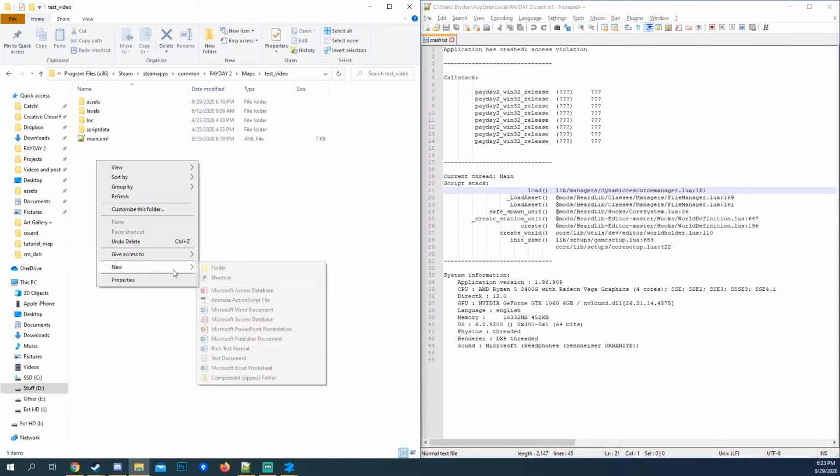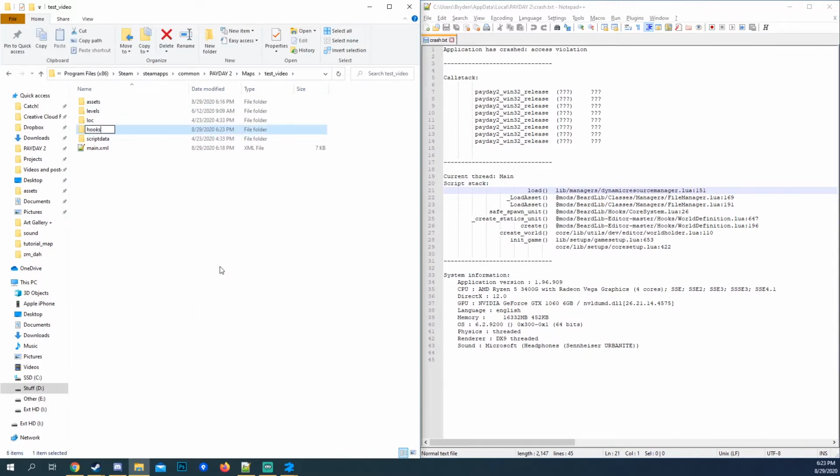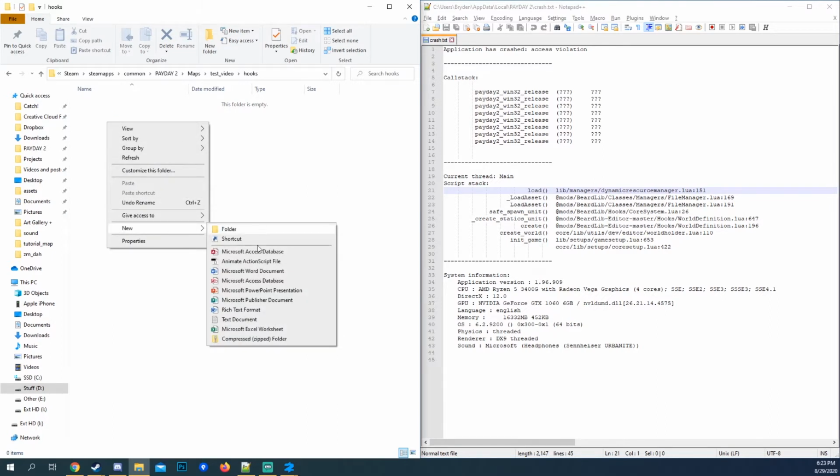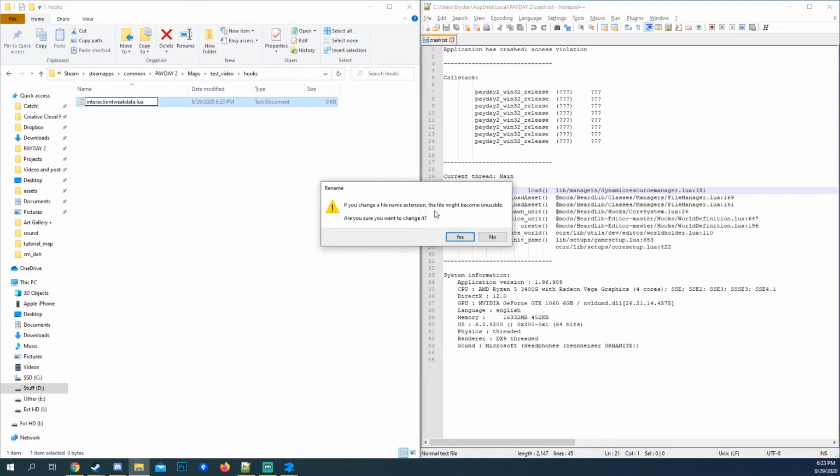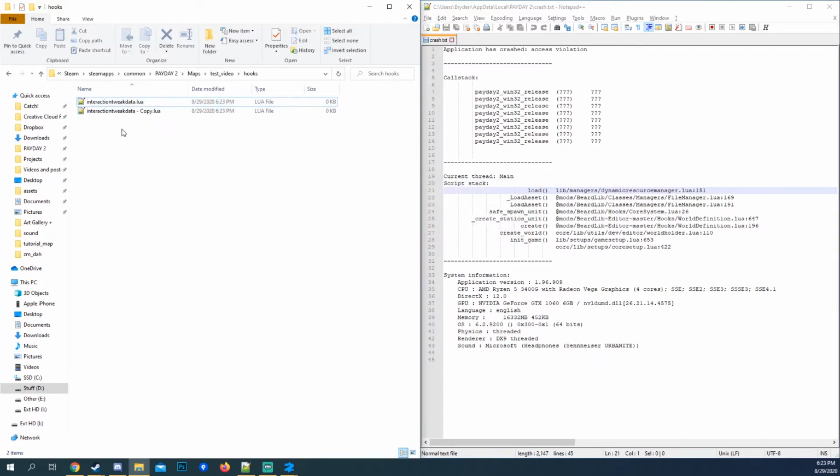Alright, to start off, I like to do a hooks folder. So every single hook is going to be within this folder. We're going to start off by making custom interactions and custom bags. So I'm going to call it interaction tweak data.lua. And I want to change it. I'm going to copy paste that. We're going to change this next one to